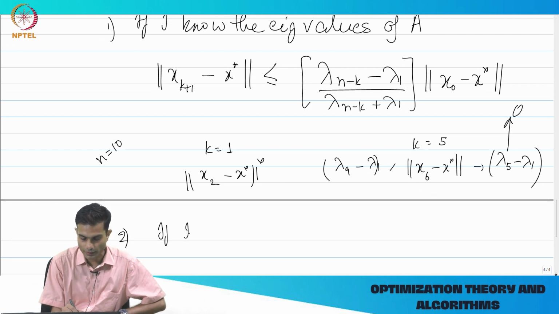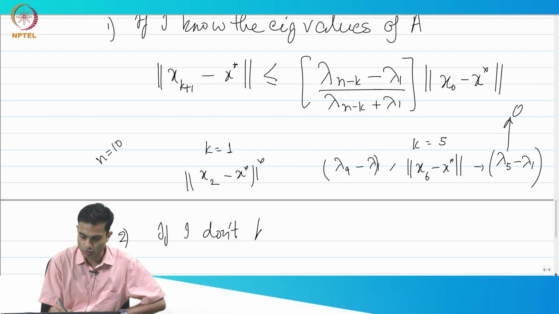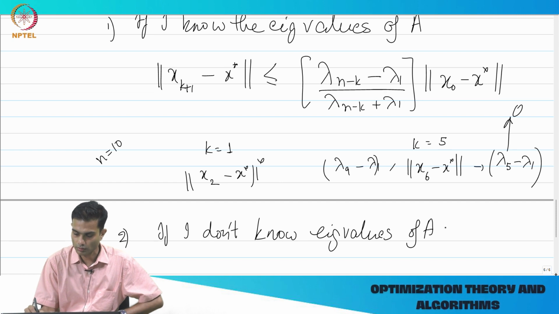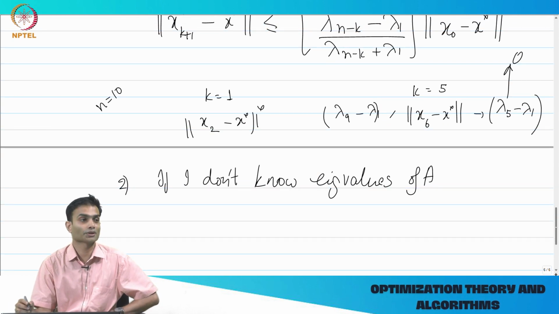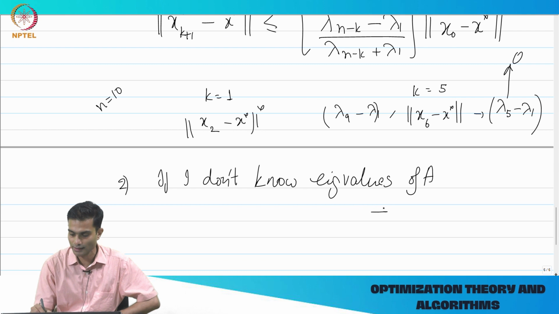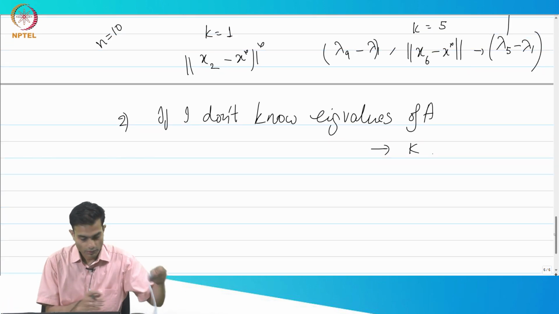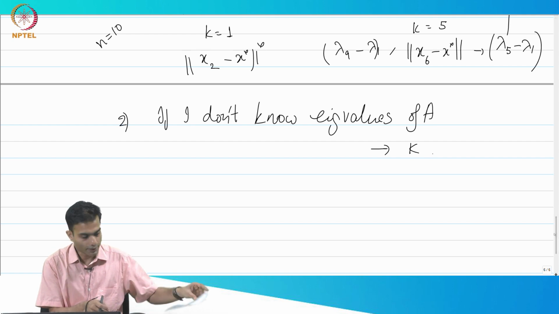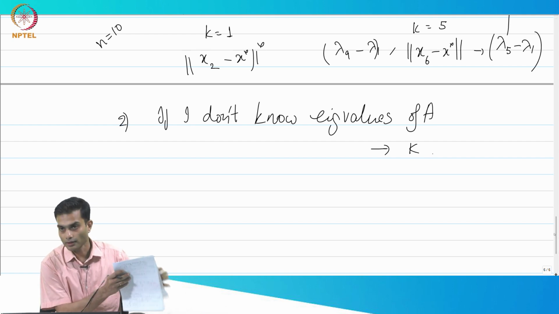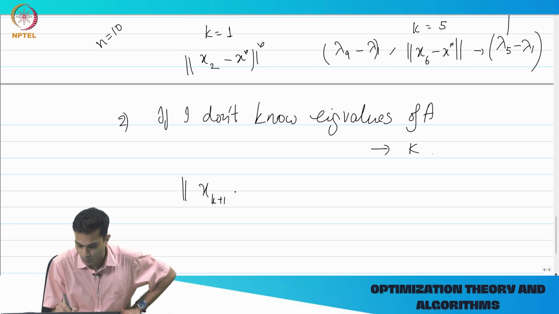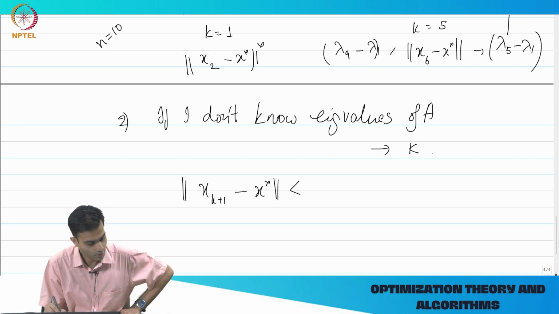Okay. Now if I don't know the eigenvalues of A, but obviously you need to tell me something, and let us say that something that you're telling me is the condition number. Okay. So I need the same expression that I had, but now in terms of condition number. So what you get is x_{k+1} minus x star turns out to be